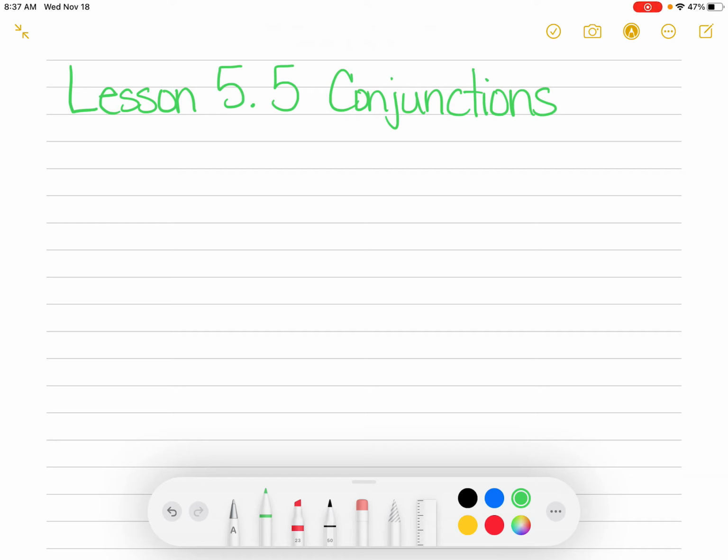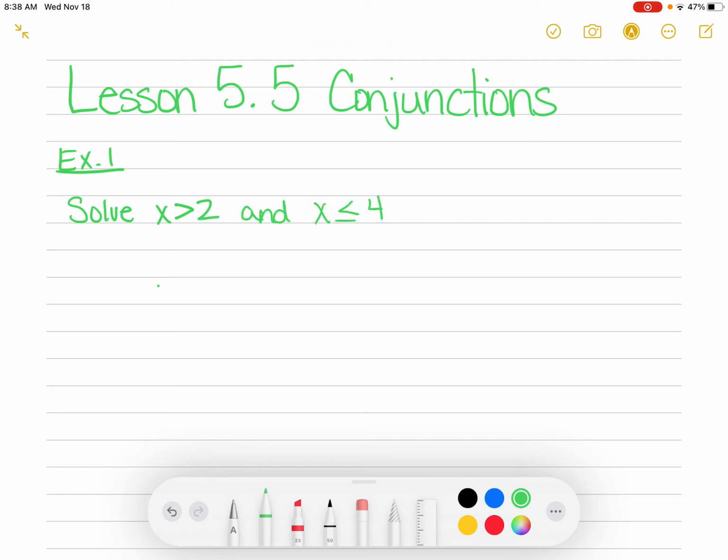Hello students, today we are doing lesson 5.5 on conjunctions. Conjunctions are when we're graphing two different inequalities and we're going to put them together and see where they overlap. So example 1, we're going to solve x is greater than 2 and x is less than or